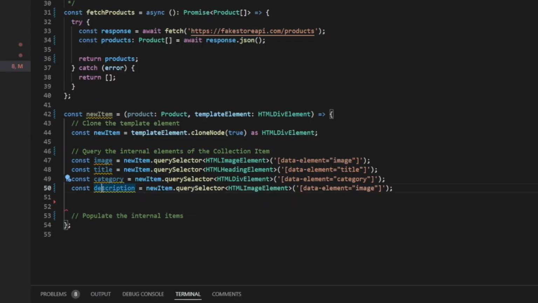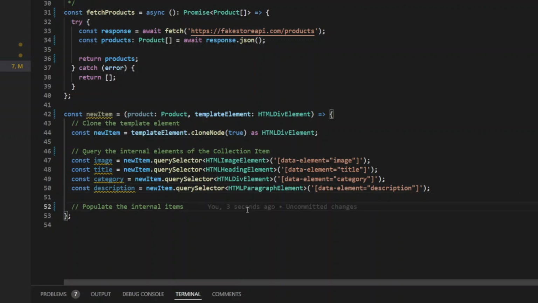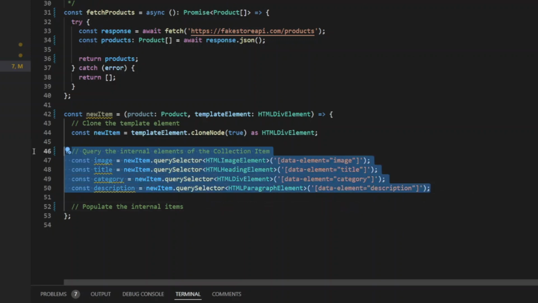Description, I said it correctly. Cool. And this is a paragraph. Cool, like that. Great. So now that we've created the elements, we want to access them